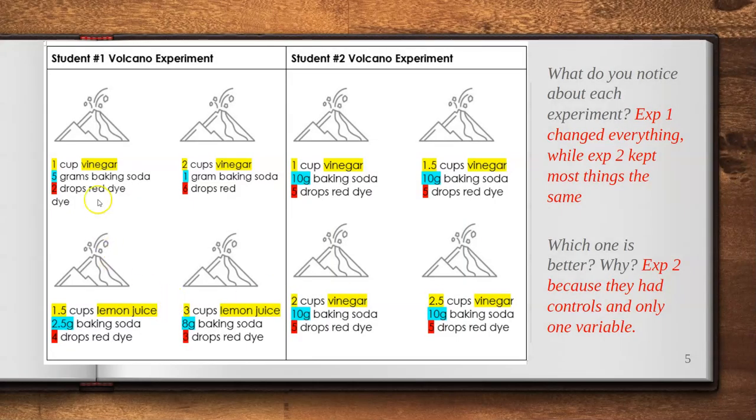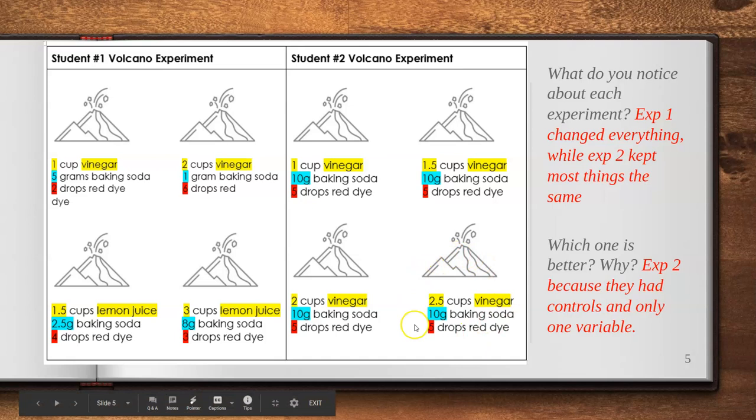All right, so hopefully you noticed that in experiment 1, we had vinegar, different amounts, and then switched to lemon juice, different amounts. Okay, they're both acids. Then we had 5 grams of baking soda, then 1 gram, then 2.5 grams, then 8 grams, so that changed. And the amount of red dye changed. Whereas in student 2, we have vinegar all the way through, and we change it by a half a cup each time. And then we keep the same amount of baking soda and we keep the same amount of red food dye. Okay, so our better experiment is experiment 2 because we will know if, let's say, this last volcano